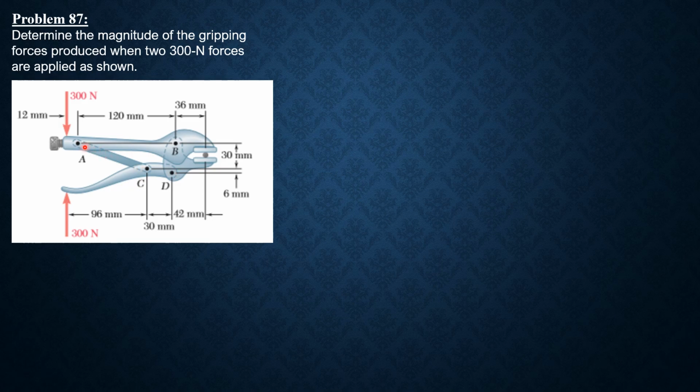So the effect of the 300 force will cause AC to be in compression, and because this is attached to this smooth pin here, so there are two component reactions at D. So we will call the compressive force in AC as PAC. Let's consider first the lower part, and the component reactions at D are namely Dy and Dx. Then PAC makes an angle of arctan of vertical 30 over horizontal